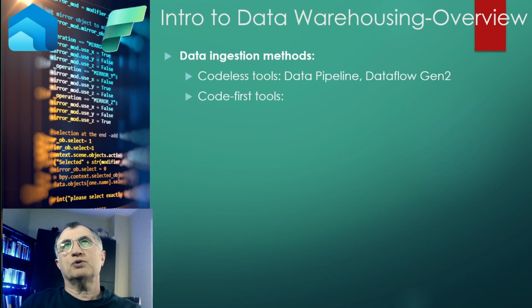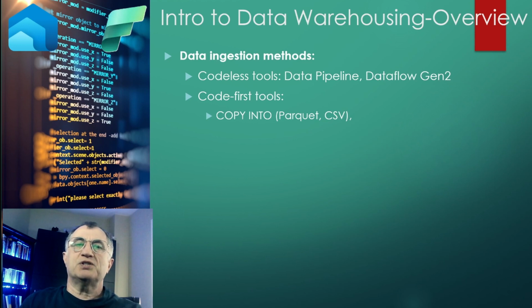There are a few code-first tools within Warehouse. One of them is the COPY INTO command, which allows you to read from Parquet and CSV files located in data lake storage. This is a very performant tool. So if you have a large amount of flat files sitting in your data lake, then this is the recommended way